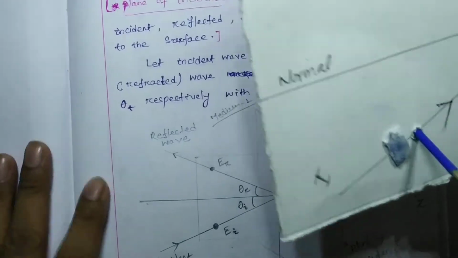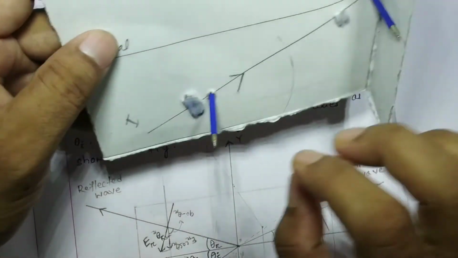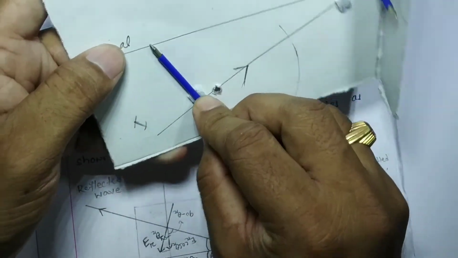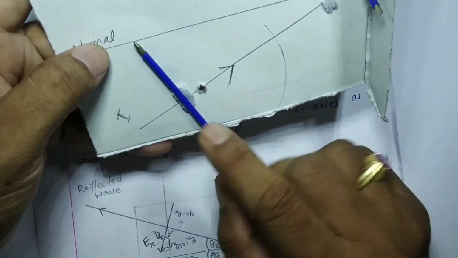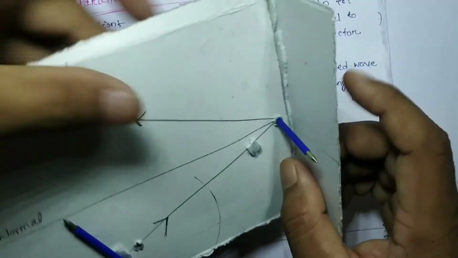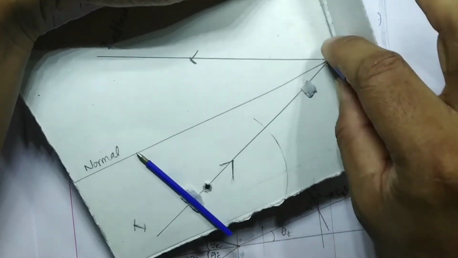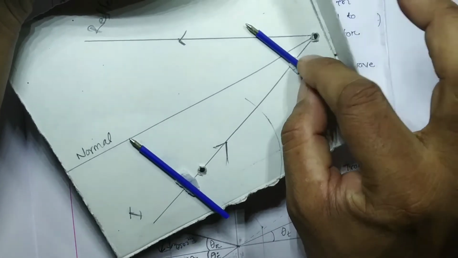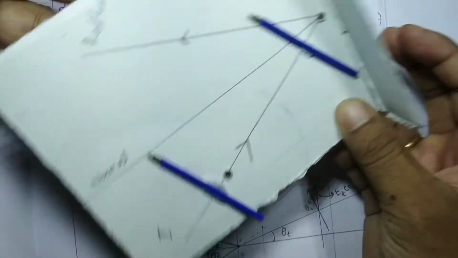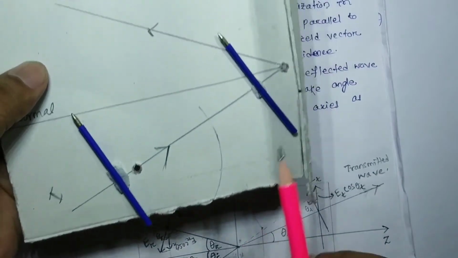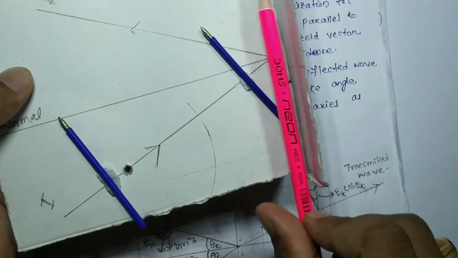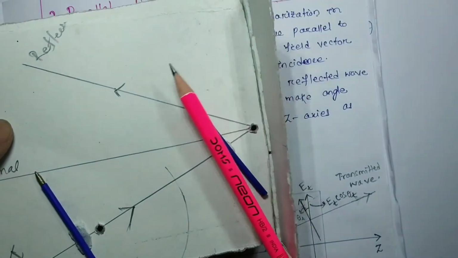Now in today's case, when the electric field is parallel to the plane of incidence like this, then this same component could not be tangential to this interface. How is it? You can easily identify. See, this component is propagating like this. Just before it touches the interface, this component is not tangential to the interface. This component will be like this.